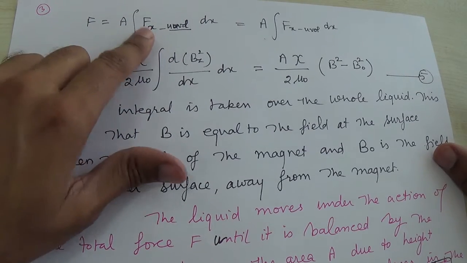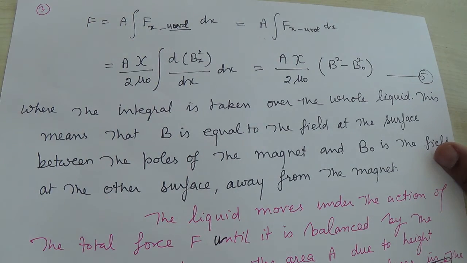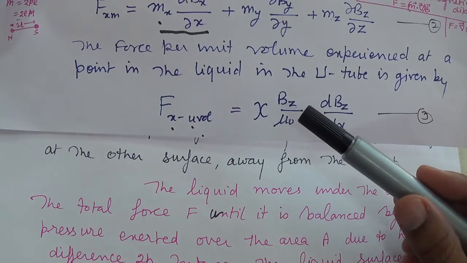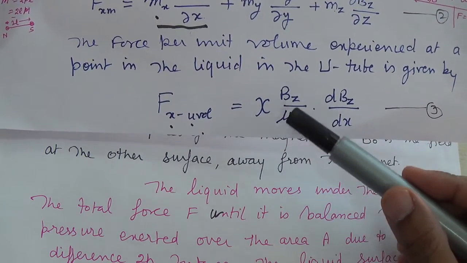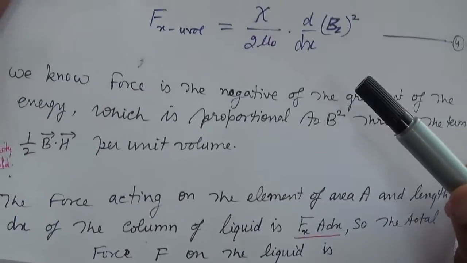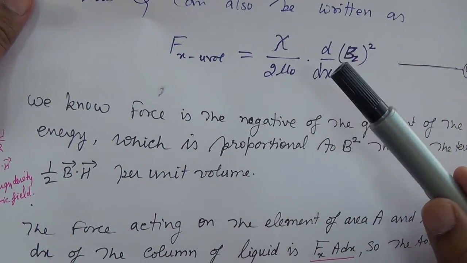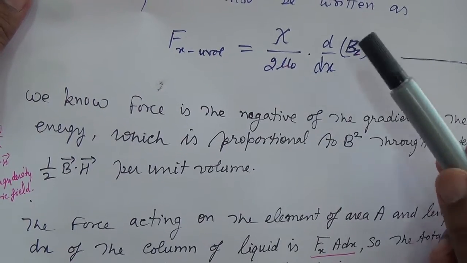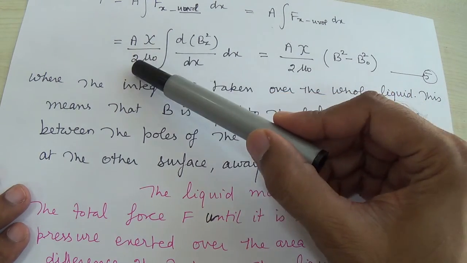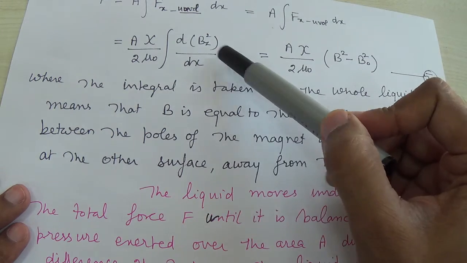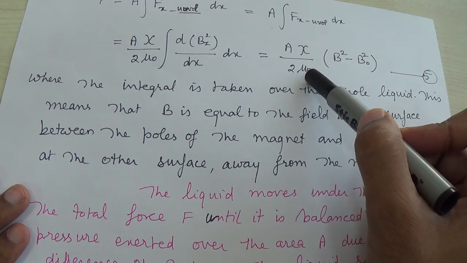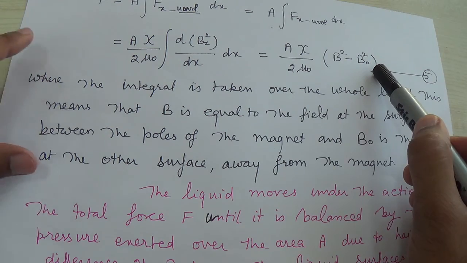So now put the value of Fx. And that Fx is equal to what? First we derived it in this way, chi by mu naught Bz dBz upon dx, and then after we modified it in this way, F is chi by 2 mu naught into d upon dx of Bz square. Now I have to put this value to find the total force. So A chi by 2 mu naught, integration with respect to x of dBz square upon dx. When we solve this integration, we find A chi upon 2 mu naught times B square minus B naught square. So this is the total force,